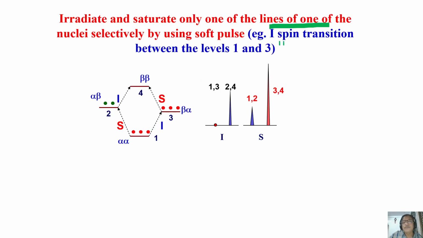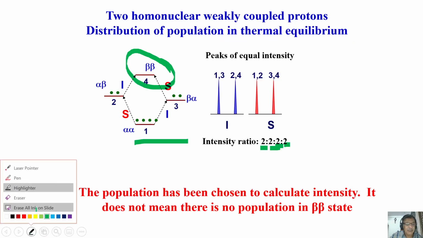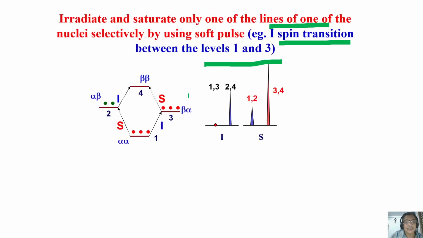Now, I am doing this saturation on the I spins, levels 1 and 3. What is the I spin here? Here, levels 1 and 3. Look at this, levels 1 and 3 for I. When I equalize them by saturation, what will happen? This was 4, this was 2 spins. They become equal. Then there are 3 spins here and 3 spins here. They will distribute equally between these two so that there is no population difference. That is called saturation. Now when I do saturation, look at it, they are equal. That's all I did, nothing else. Only one of the transitions I am saturating.